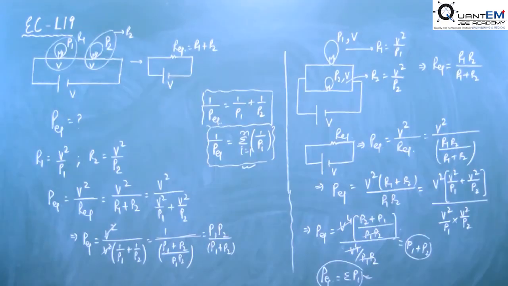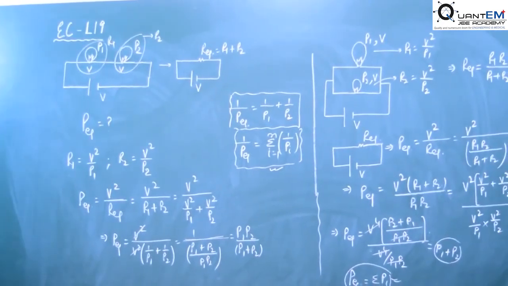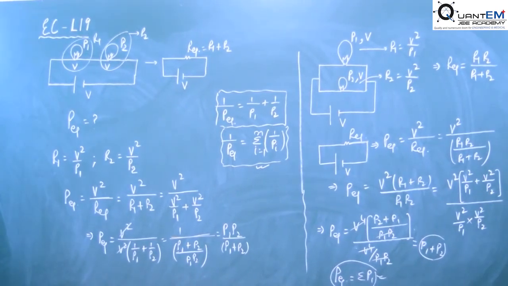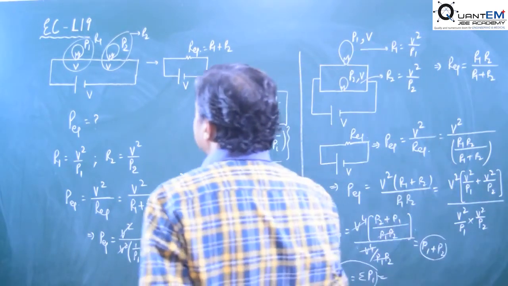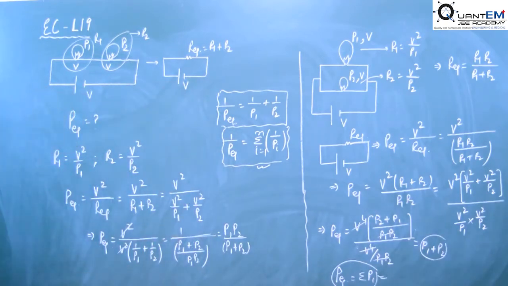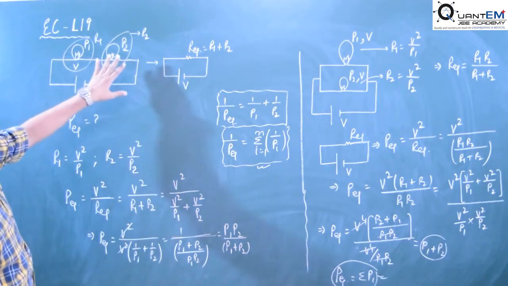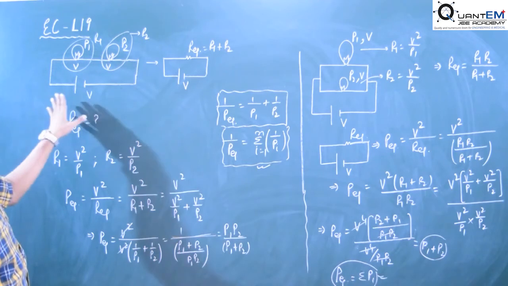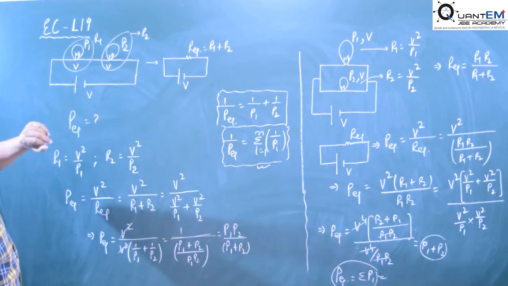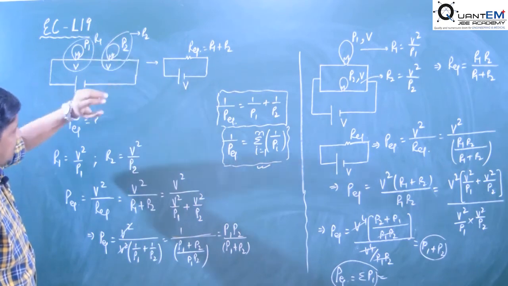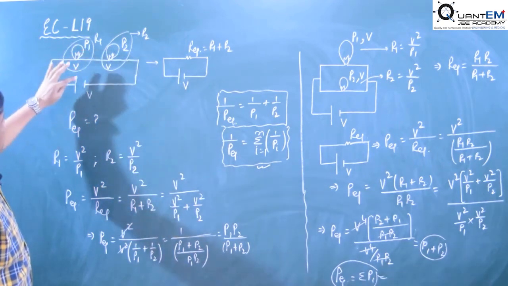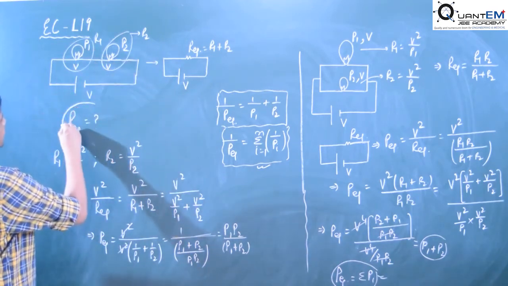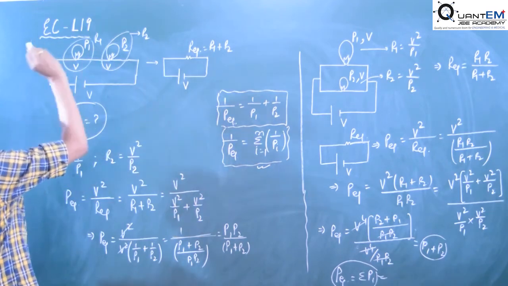Okay, now see, come to one basic question. We have two electrical elements with given ratings P1 and V, P2 and V. Okay, and the supply we have given is V. So what we do, firstly we get the resistance from the ratings. Okay, so R1 is V square by P1 and R2 is V square by P2. We have to find the power consumed by the circuit if powers are defined.